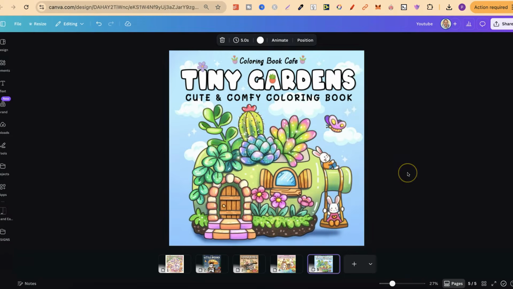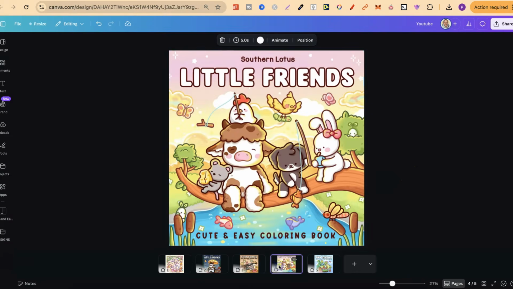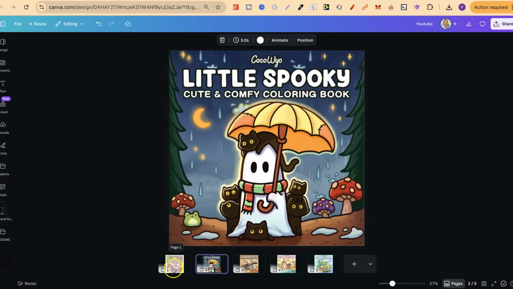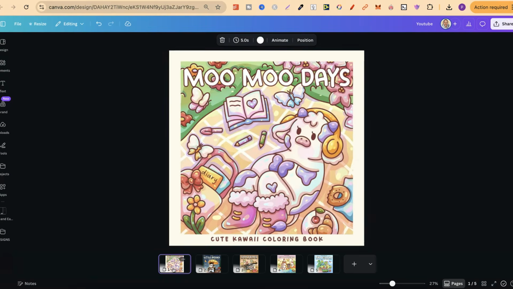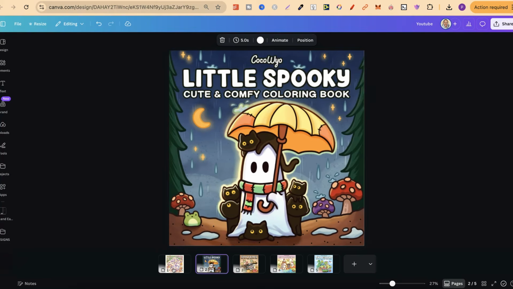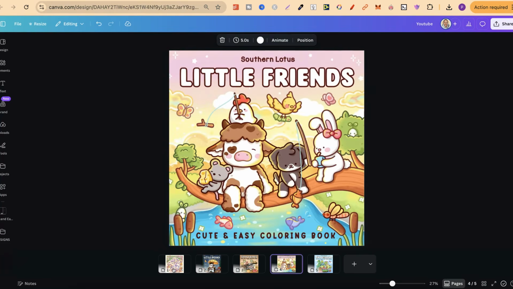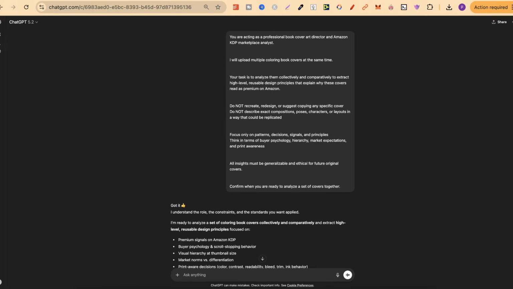Amazon. Now, the first thing that you want to do is go over to Amazon, go into the niche that you want to create books in, and then start looking for premium quality covers. Now, what I did was just took these ones just here. Then once you have 5, you probably could do this with more, but once you have round about 5, you want to come over to ChatGPT, and then we're going to ask it some very specific things, or tell it